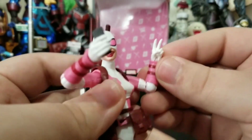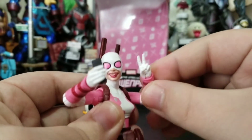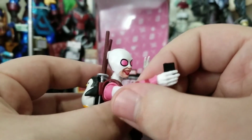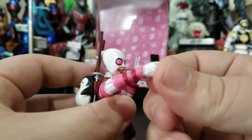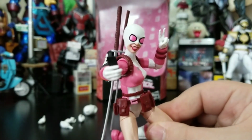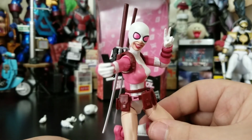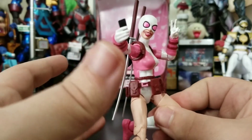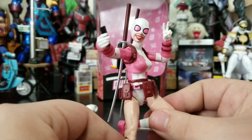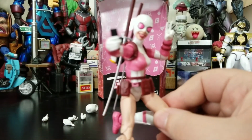You know, the bad thing is the elbow's not being double jointed. I mean, that's as far up as you can get her to put her hand up. I mean, you try to snag it in there, but that's the disadvantage. I guess you can bend her wrist a little bit, extend it out, give it a little bit of attitude. So yeah, I mean, it's not bad. I wish they would have done double jointed elbows for her, and her to be a little bit more posable. I feel like her splits should be a little bit better, but still an amazing looking figure. And you could literally put her on a little flight stand, like she's jumping in midair,